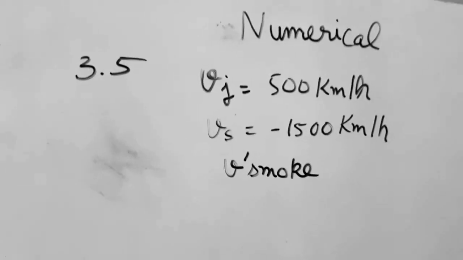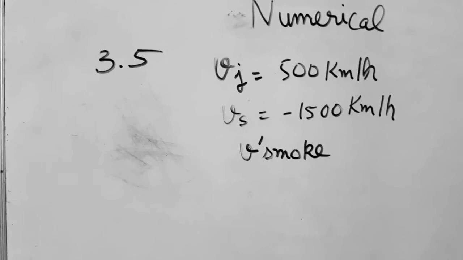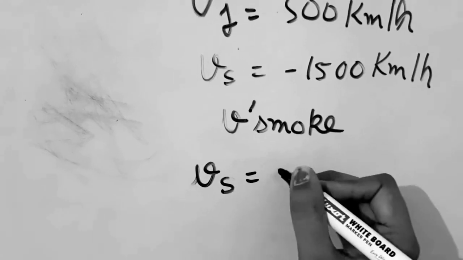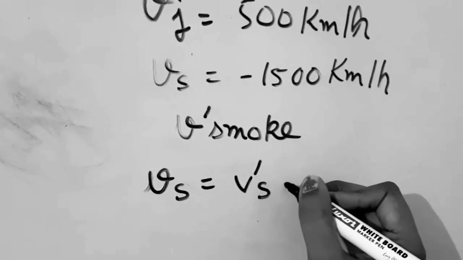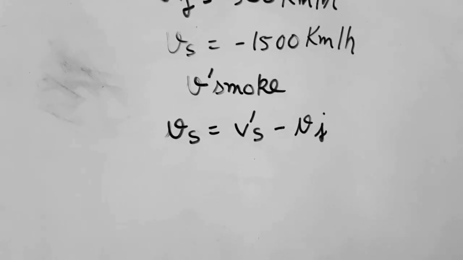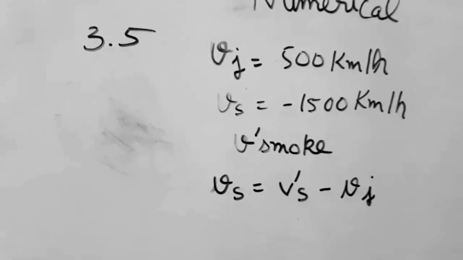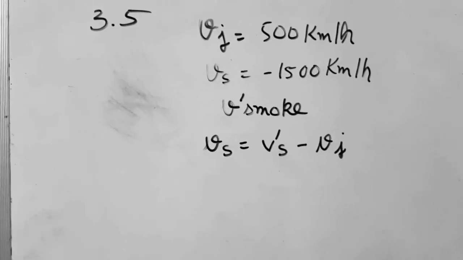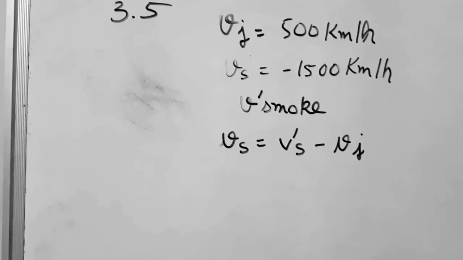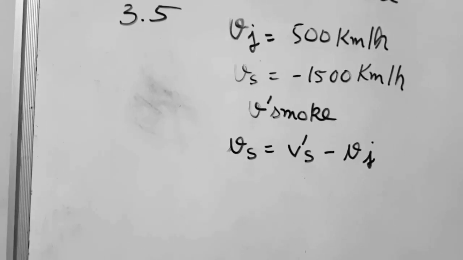Now the relative speed of its product of combustion with respect to the airplane will be given by V smoke is equal to V dash smoke minus Vj, and when you substitute the values, you will get the value of V dash s, that is the relative speed of the product of combustion with respect to ground. Now it will come out to be negative, and what does negative mean? The negative sign indicates that the direction of its product of combustion is in the opposite direction